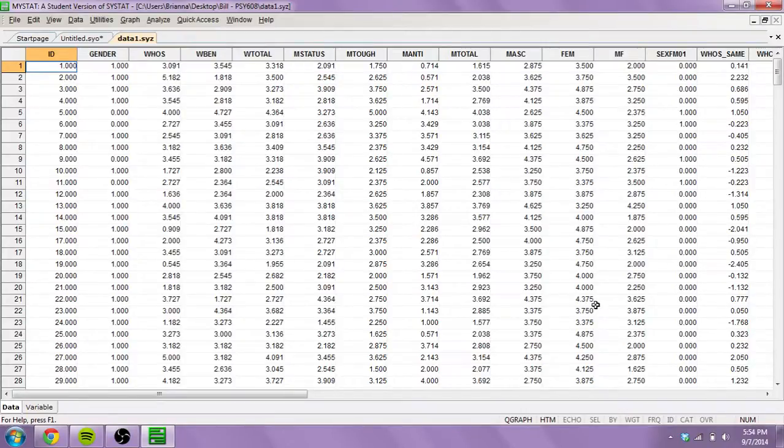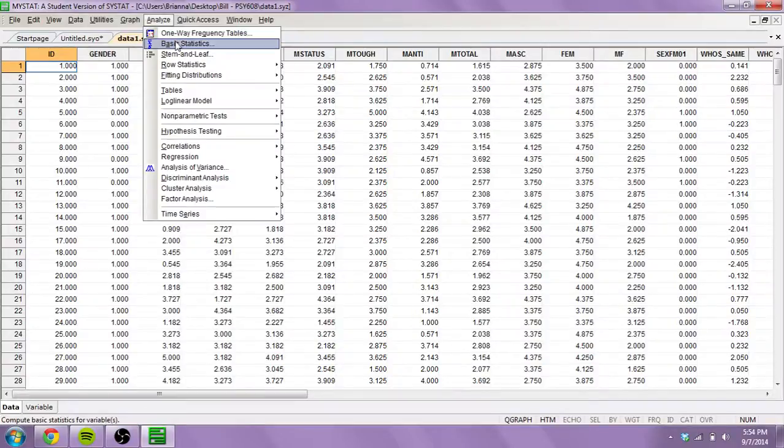Okay, so number 1 is going to ask you to compute the minimum and maximum values, the means, and the standard deviations for all of the variables. So what you're going to do to get those are descriptive statistics, by the way. Whenever you hear descriptive statistics, it's basically stuff like mean, minimum, maximum, standard deviation, all that good stuff. So to get those in MYSTAT, you're going to go to Analyze, Basic Statistics,